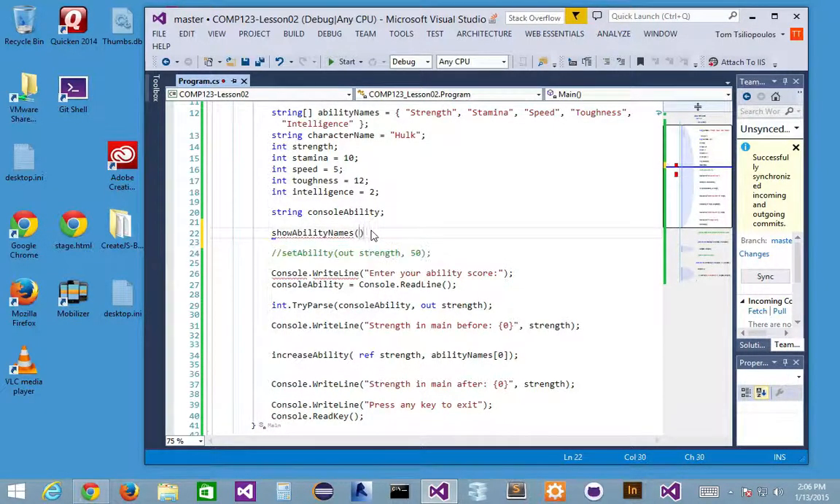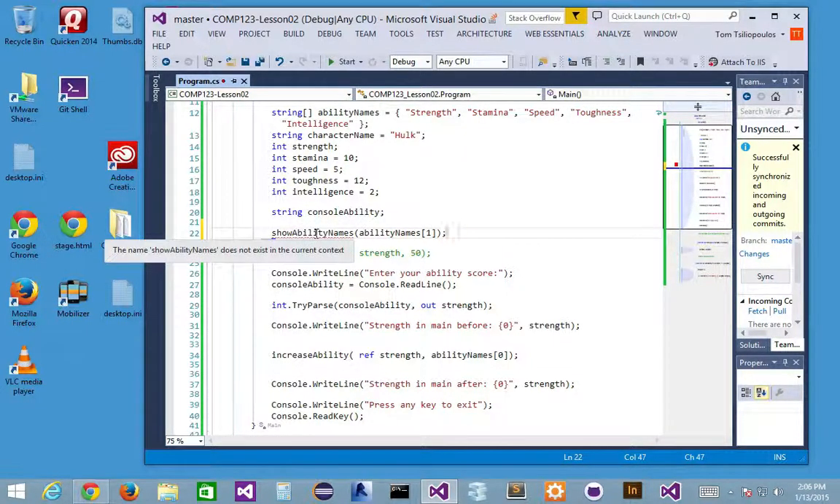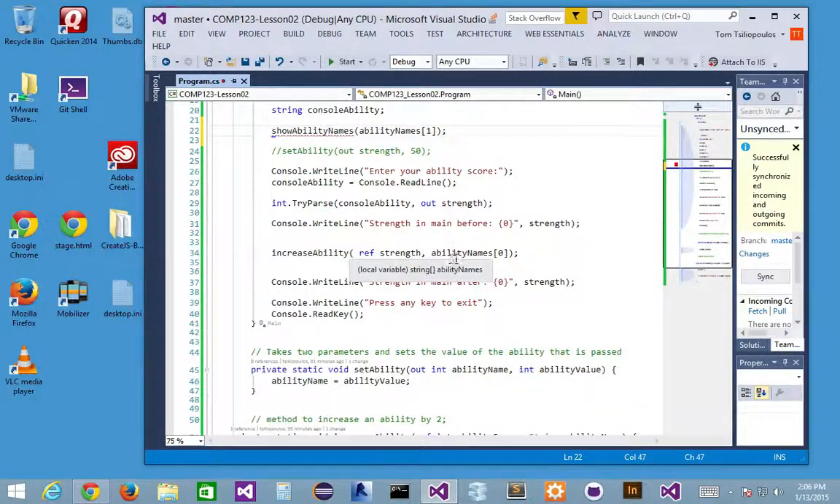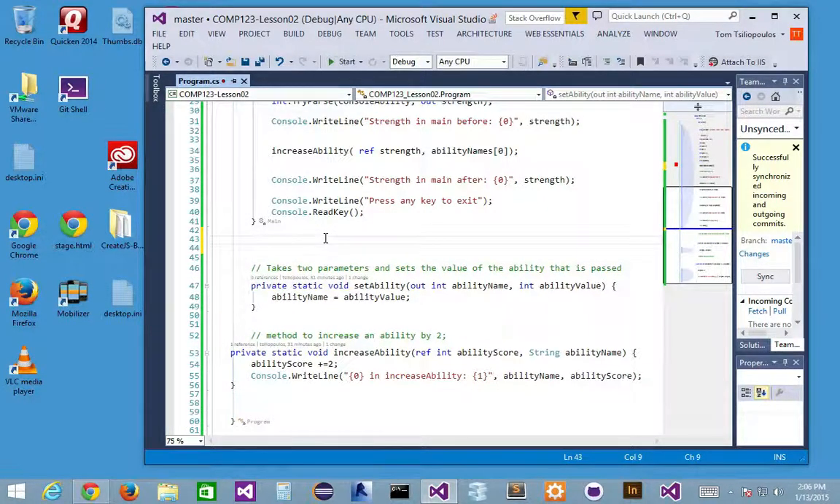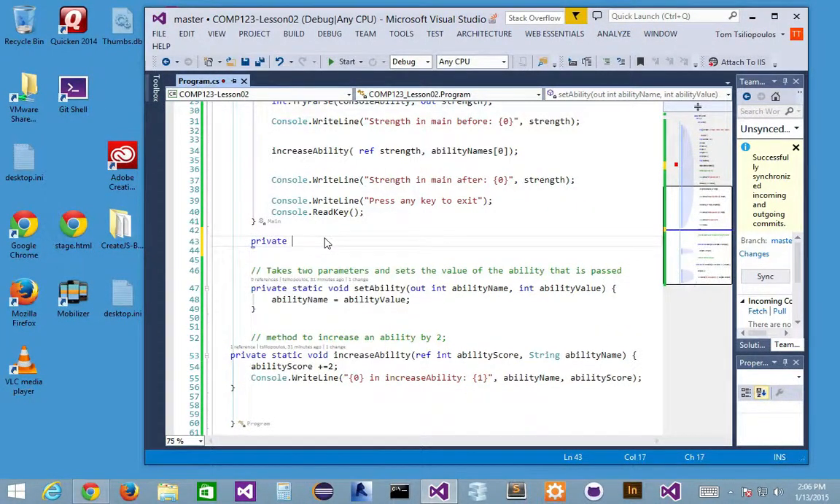And I'm going to pass in, right now, just ability names 1, right? That's all I'm passing in. I don't have a show ability names method, so we need to define such a thing. Don't worry, I'll update my GitHub in a second for those people who can't follow along. Right? So I'm going to go private static void, right? Ability, so show ability names,